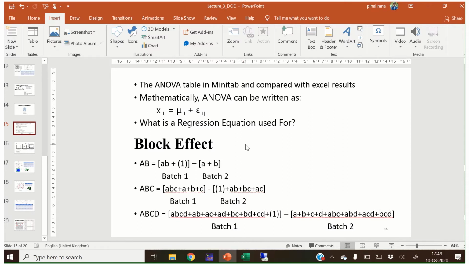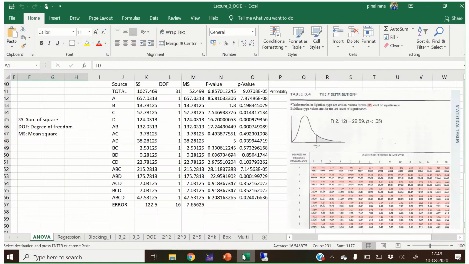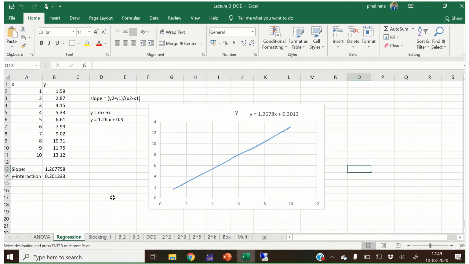Okay, now we have seen the regression equation obtained from the regression analysis. Now I will explain what is the use of the regression equation.